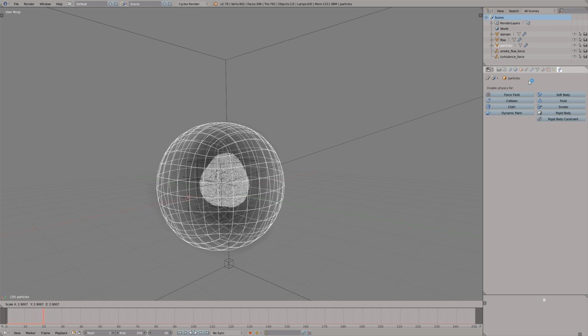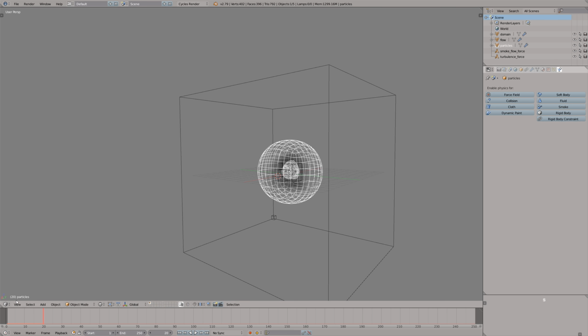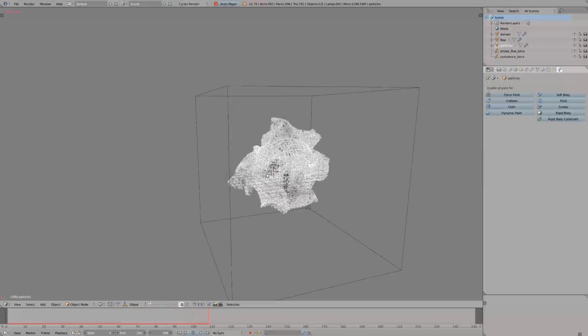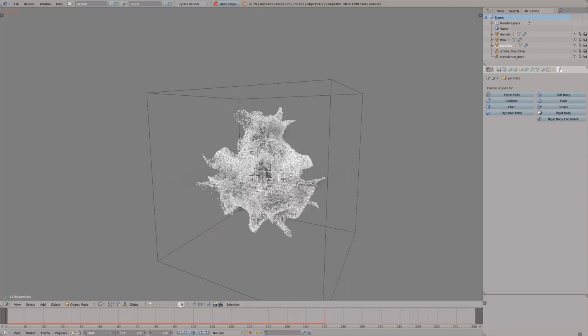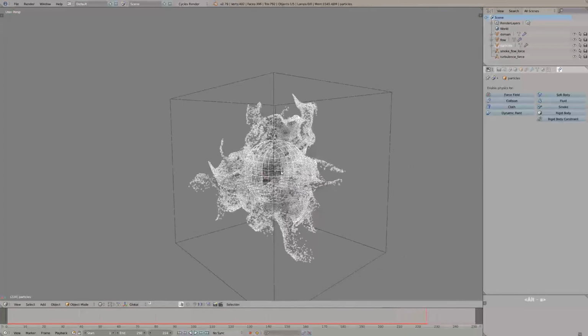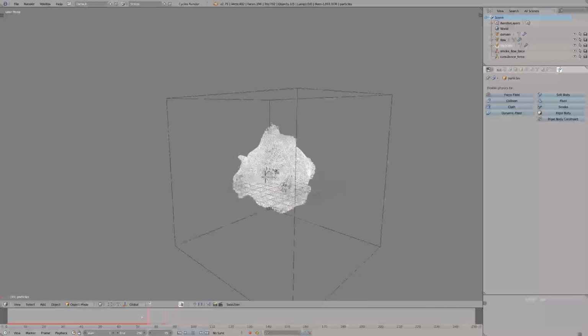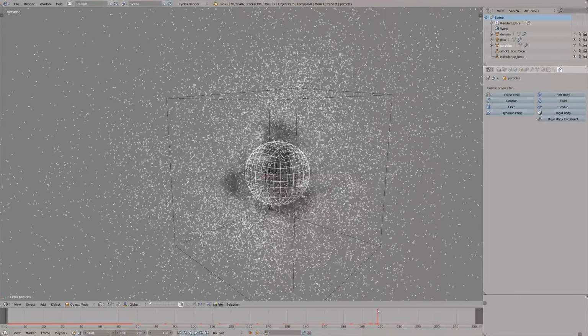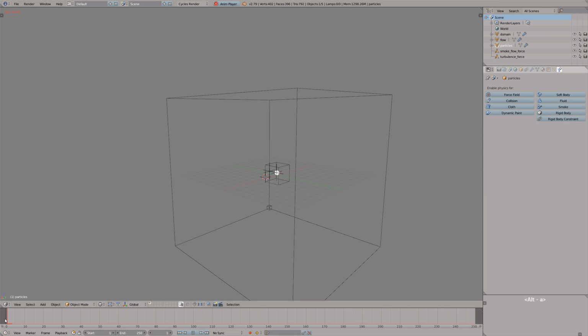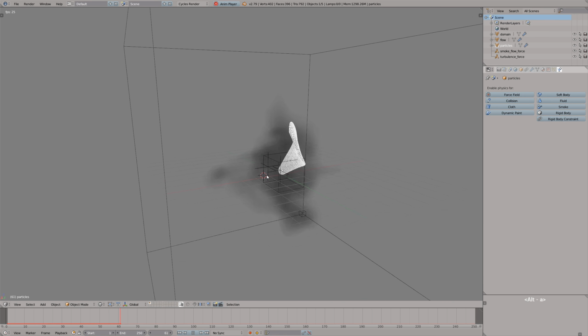affect the look of the whole simulation in a big way, because it will interact with the turbulence field in a completely different way. Just look at this, it's like an exploding star, something along these lines. Or maybe it's a fluid, but in vacuum. Or it just exploded, because it happens, you know. It's a bug, nothing to worry about, and if we make the flow object very small, particles will take shape